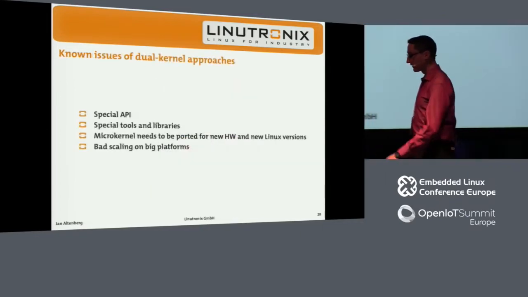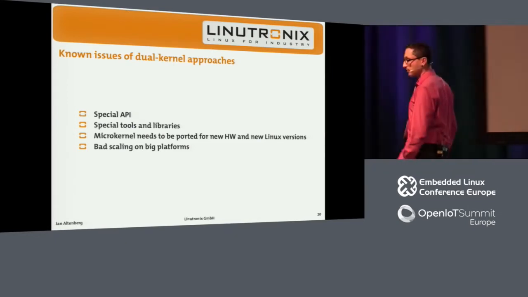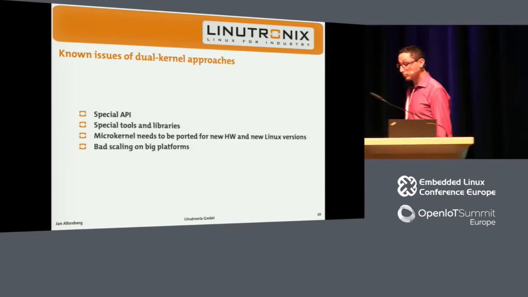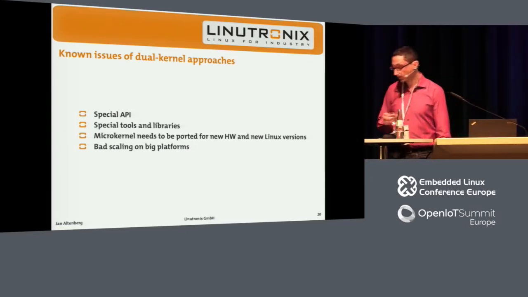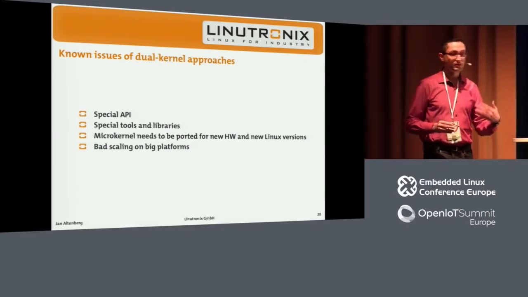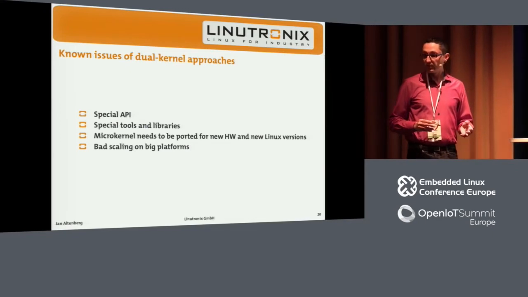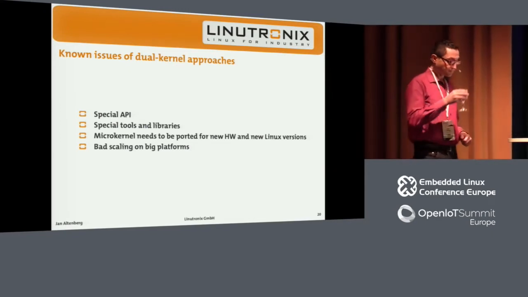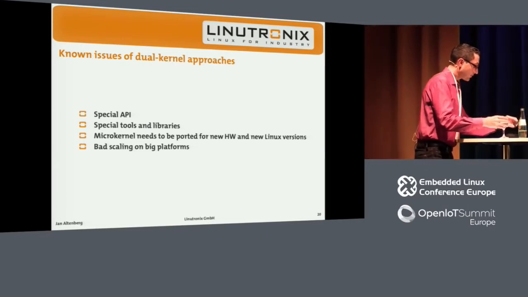Let me summarize the dual kernel topic for you. Well, the dual kernel approaches have been the first ones we had around on Linux for a couple of reasons. Because when these approaches were invented, we didn't have preemption and stuff in the kernel. So implementing real-time was pretty hard. So basically, this was the obvious approach. These approaches are still around on the market,